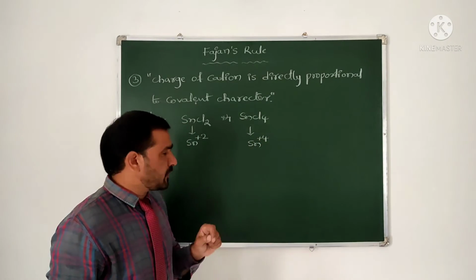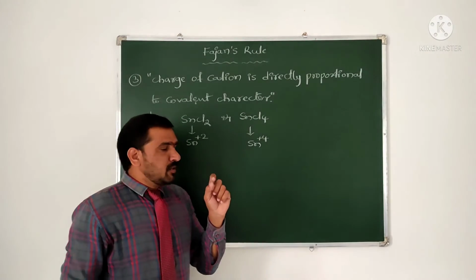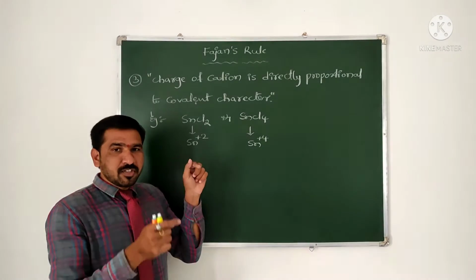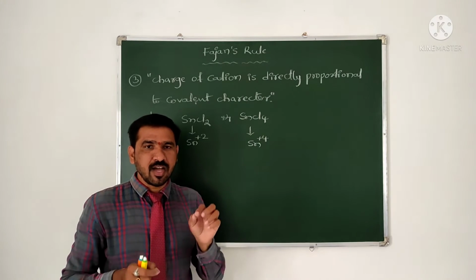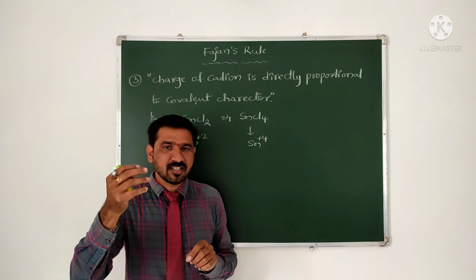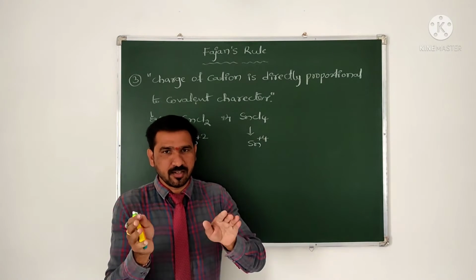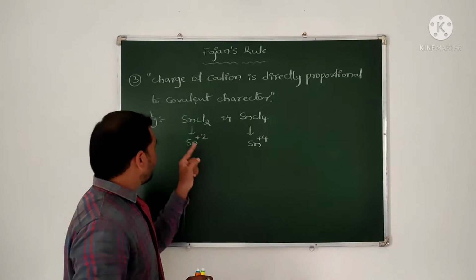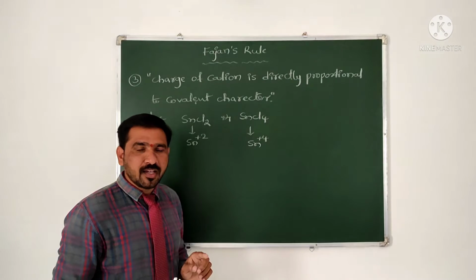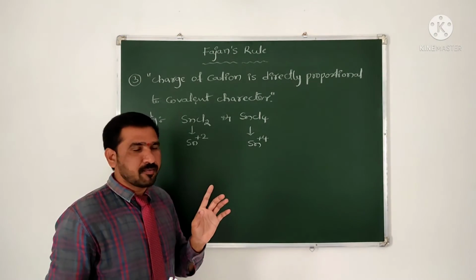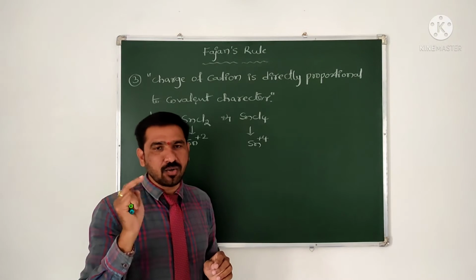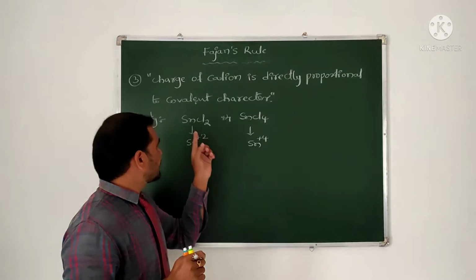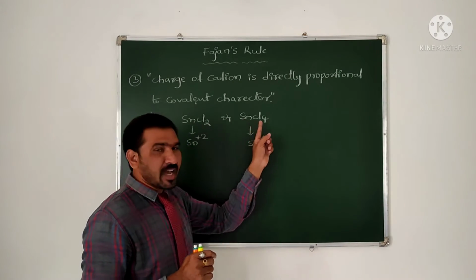Is it clear, beta? Stannum is in +2 oxidation state. Lower oxidation state ends with -ous, and higher oxidation state of an element ends with -ic. Based on that fact, SnCl2 is named as stannous chloride, and SnCl4 is named as stannic chloride. Is it clear, beta? Stannous chloride, stannic chloride.